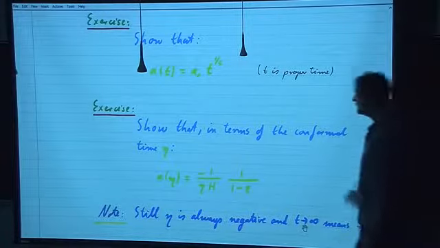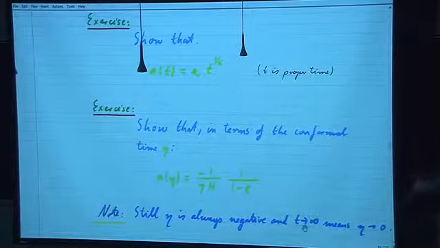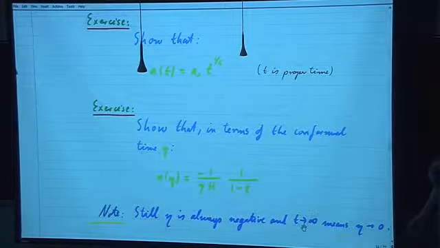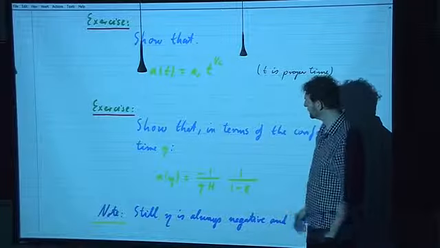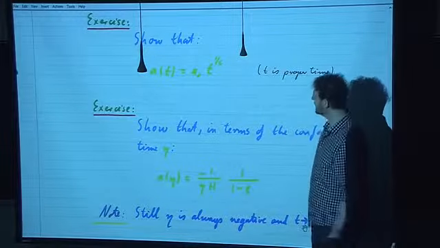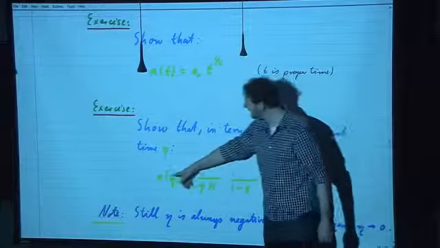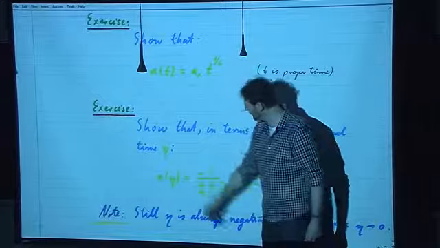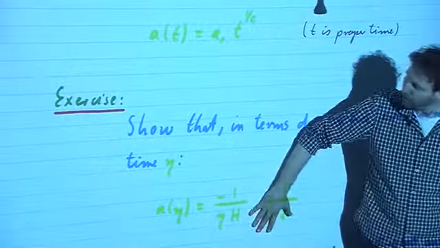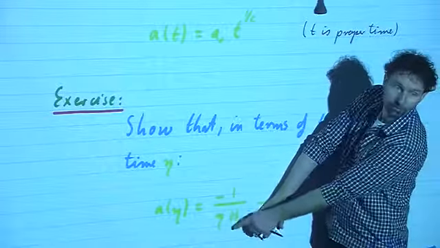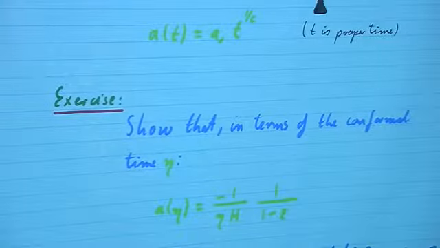Also, we now have to recalculate what the conformal time is. Remember, conformal time is very convenient to use, but conformal time is related non-trivially to proper time. It involves an integral. If you go back to the old formulas, and if you carry out that integral, you find that the scale factor as a function of conformal time is given by -1 over eta H, which would be the de Sitter formula, but multiplied with 1 over 1 minus epsilon. And you see again that